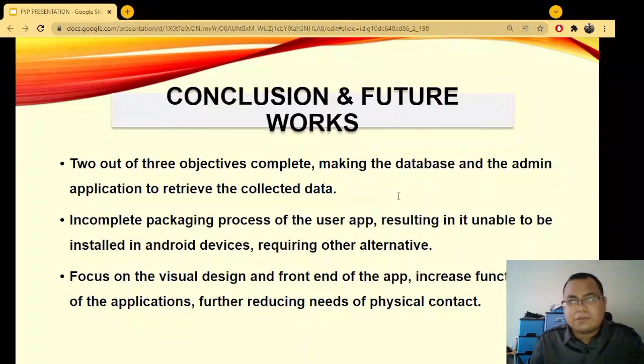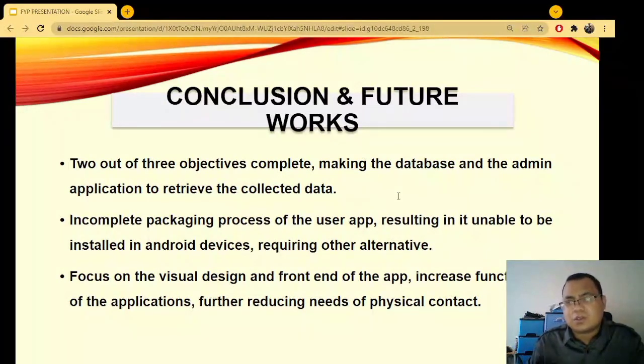The first objective, that is to create the user app, failed, as although the coding is successfully done, the packaging process faced an unknown error, which presents a need for other alternatives. That will be the future work planned for the app, along with the visual aspect of the applications, which was not focused upon during development,